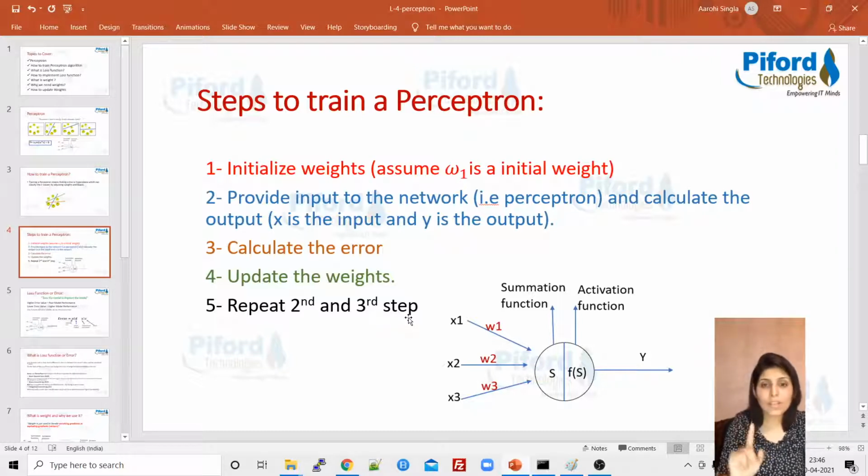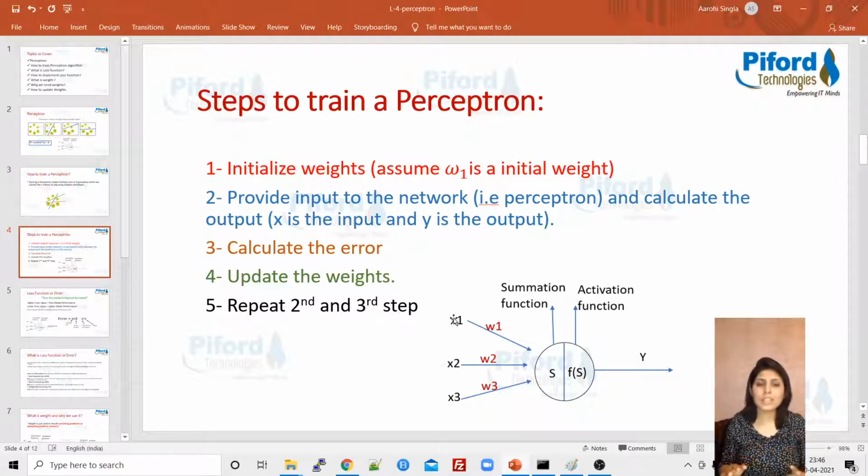Okay, so the very first step is initialize weights. Alright, so what are the weights? These are the weights W1, W2, W3. Whenever you want to start the training process, the very first step is to initialize the weights, right? Initializing weights simply means assigning any random value to each weight. For example, I have assigned W1 equal to 2. This numeric value 2 is the weight value for W1. That weight value will get multiplied with X1. So randomly initialize the weight values.